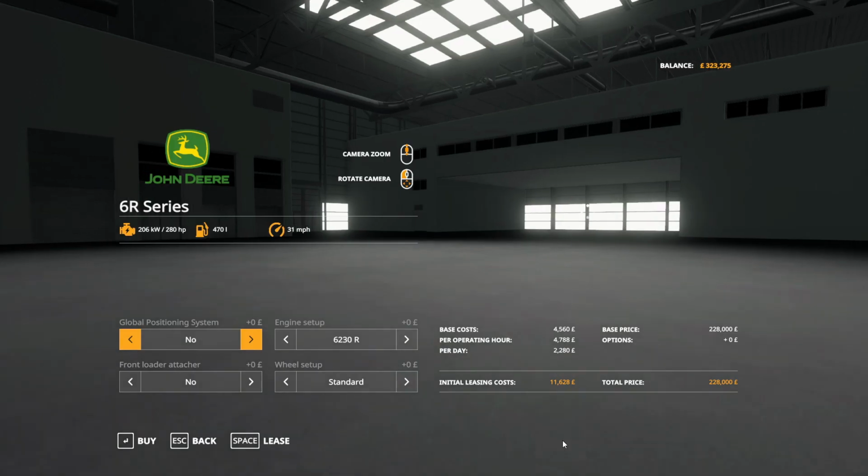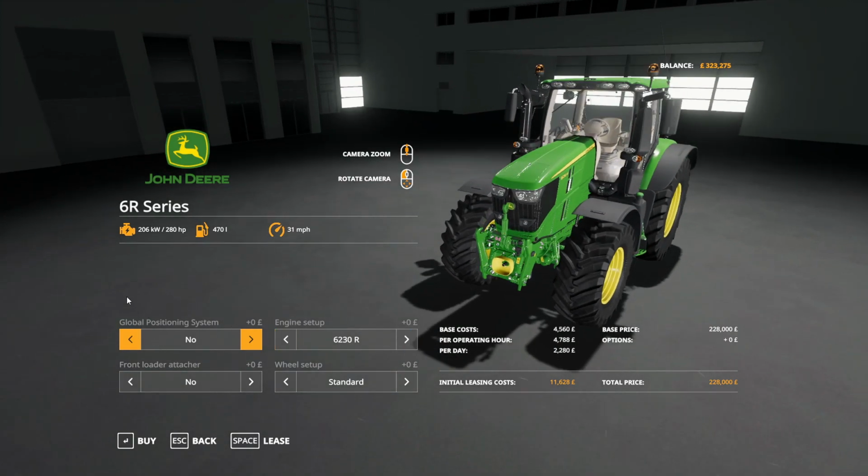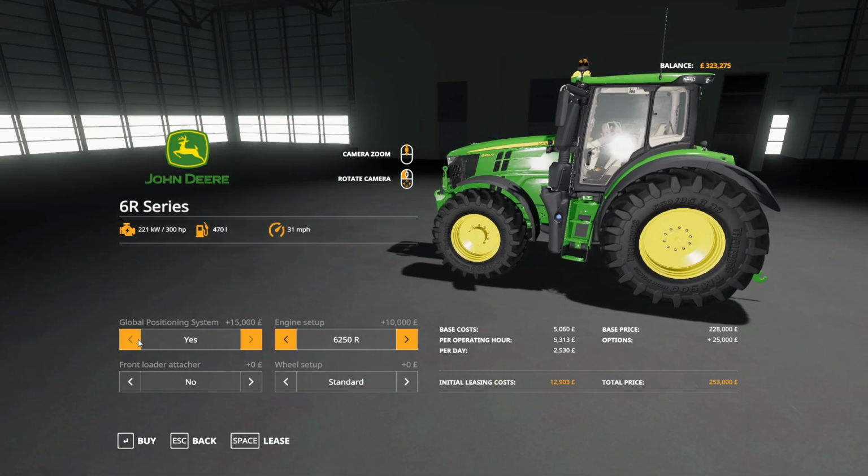So all you do is purchase it like normal, but when you get into this bit, you'll get a tab that says global positioning system. This is GPS. This needs to be changed to yes, and each tractor is the same: it costs 15,000 to install the GPS system on the tractor. Some, like the John Deere, you'll see the little yellow green star on top, and you'll see that goes on and off as I'm turning it on and off. So obviously you want that on, and then you just configure the rest of the tractor how you want. That doesn't matter. But if you want GPS on the tractor, this needs to be yes. So if we purchase this,